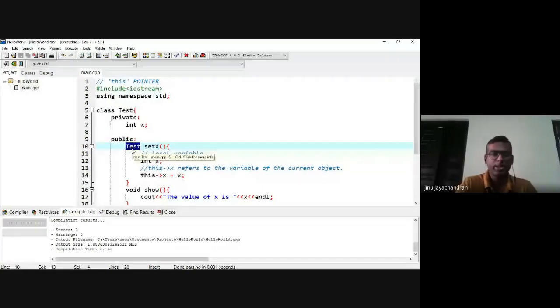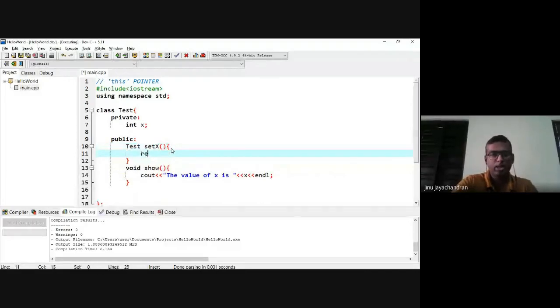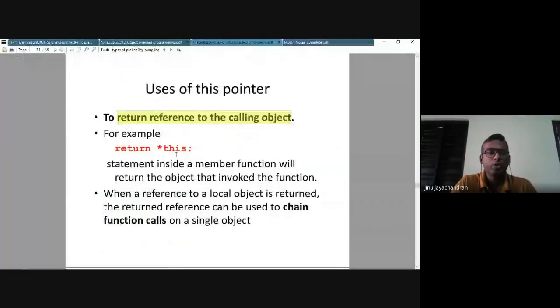In this case, I can just say return star this, which means that you are actually returning a pointer to the object obj. So you're returning the same object or a reference to the object. For example, a return star this statement inside a member function will return the object that invoked the function.